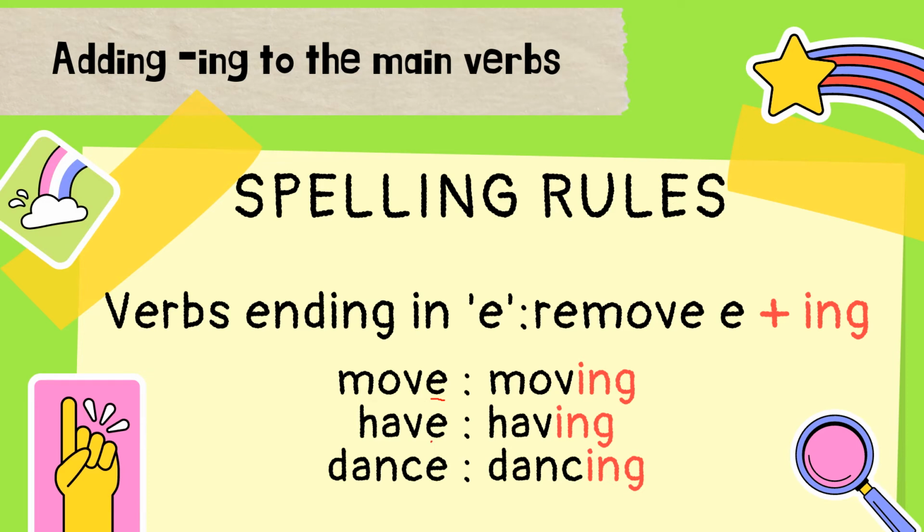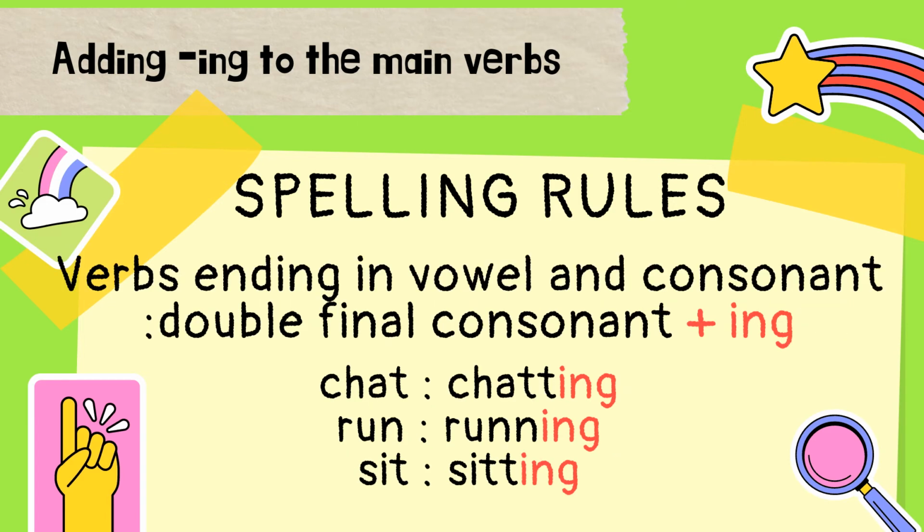Have. We have e over here, so it will be having. Dance. Dancing. Make sure to remove the letter e before you add ing. Okay? Moving on. And for verbs that end in vowel and consonant, you need to double the final consonant and